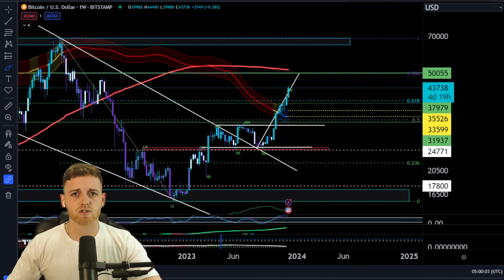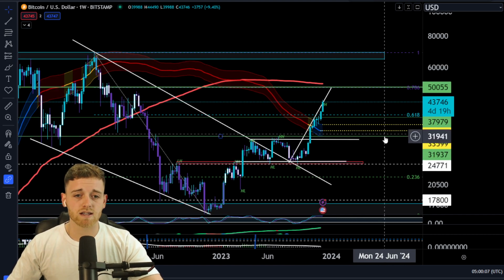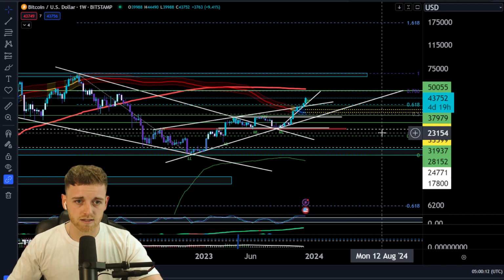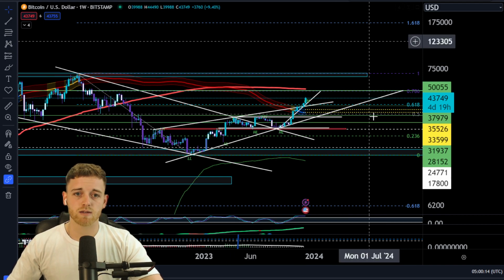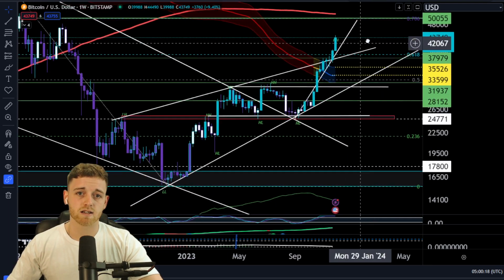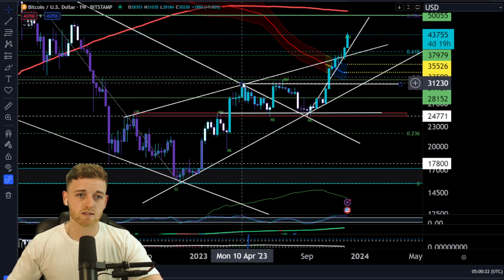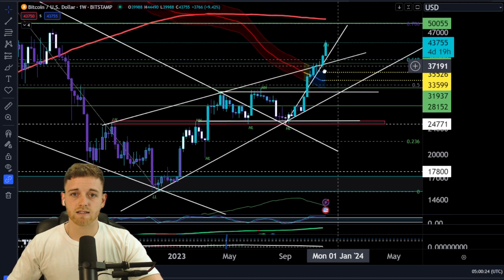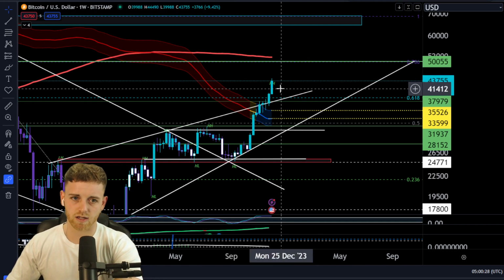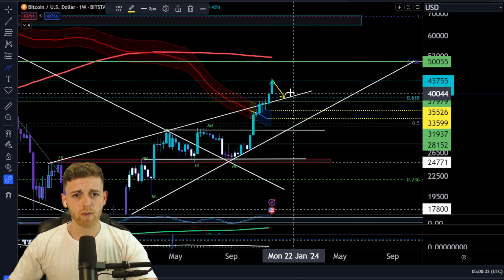But in terms of market structure, in terms of what we could be looking at in price points for Bitcoin right now, you can see earlier I did actually have another chart pattern coming through. If we can get that. Sorry for the clicks. Here we go. You can see we do have another full rising wedge chart pattern, guys. Another rising wedge. In terms of support and resistance, you can see resistance coming through from this chart pattern here. Resistance coming through from this area again. And we saw a bit of resistance here, but what usually happens when we break, let's get rid of the measurement for a second. What usually happens when we break to the upside, guys, we pull back,